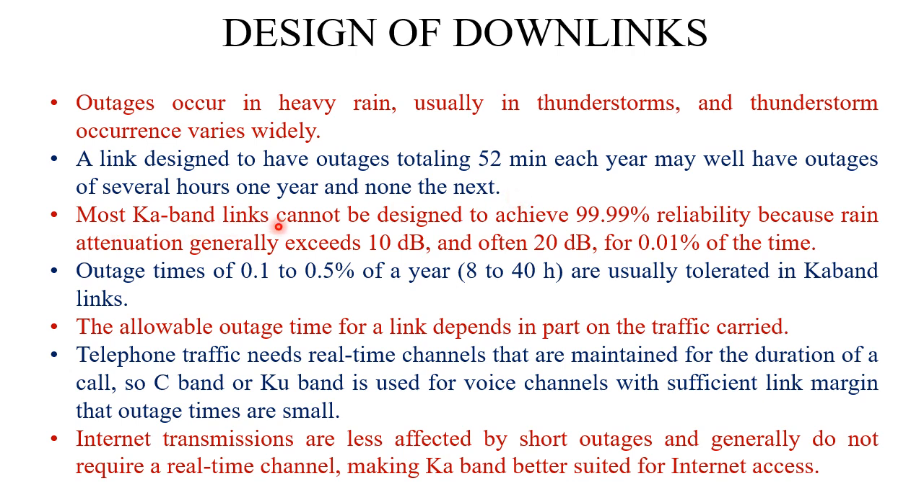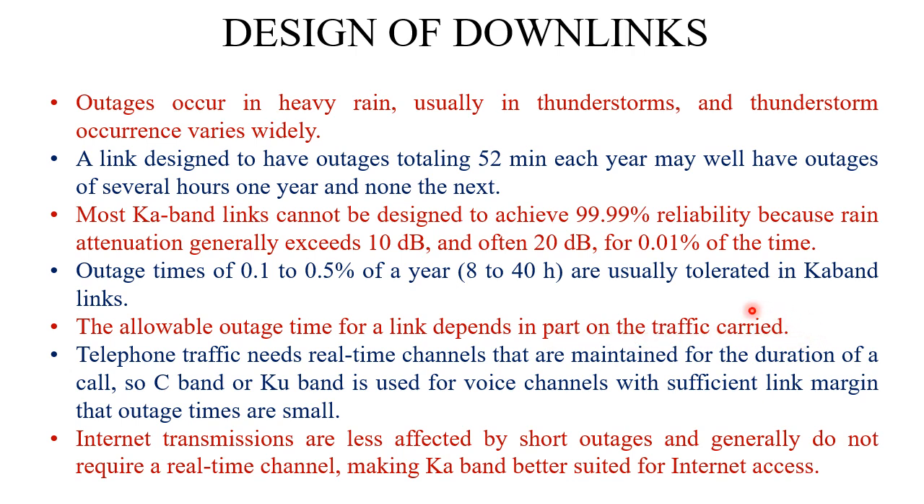Most Ka band links cannot be designed to achieve 99.99% reliability because rain attenuation generally exceeds 10 dB and often 20 dB for 0.01% of the time. Outage time of 0.1 to 0.5% of a year, so basically 8 to 40 hours, is usually tolerated in Ka band links. The allowable outage time for a link depends in part